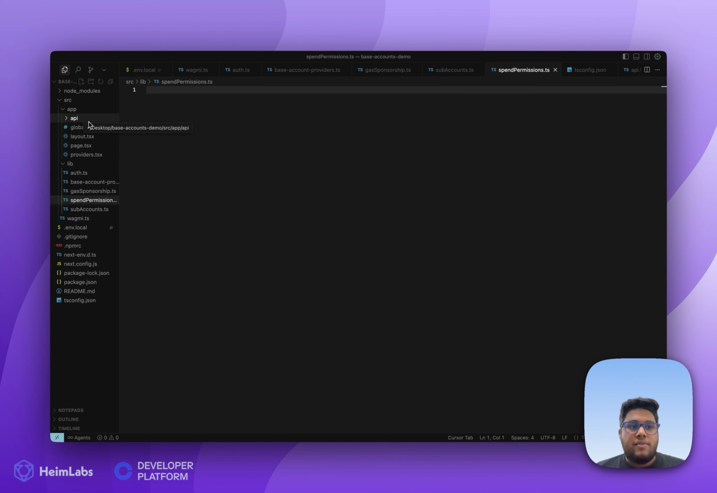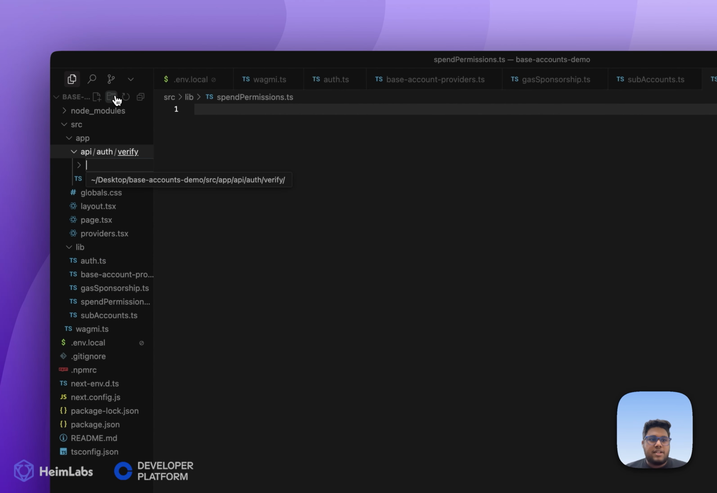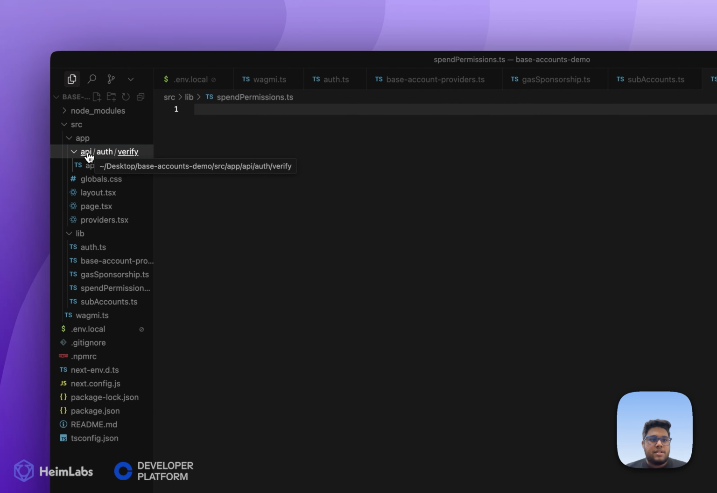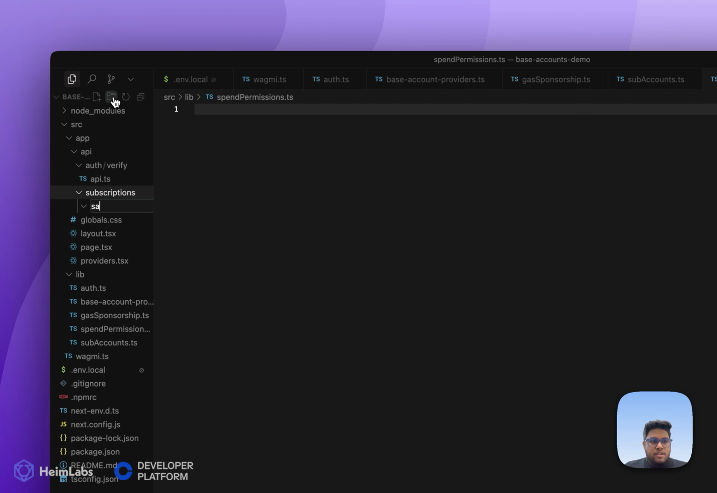So in the API folder, we'll create another folder, which would be subscriptions. I'll navigate to API and create subscriptions. And here we'll create another folder, save. And in that save folder, we'll create API.ts. Let's navigate to